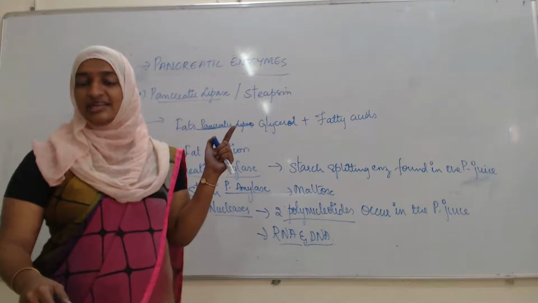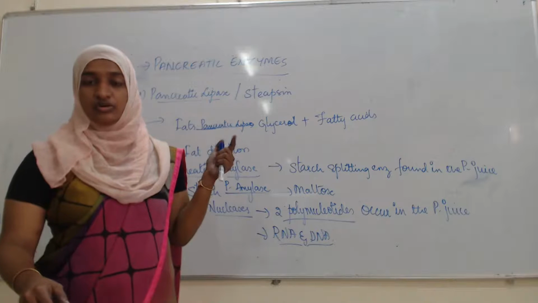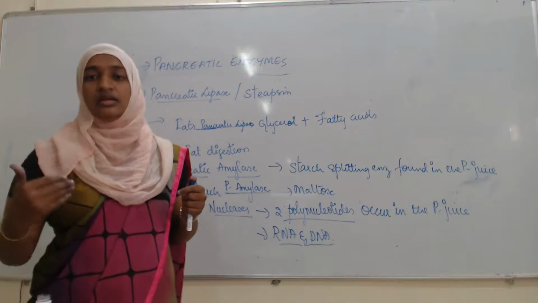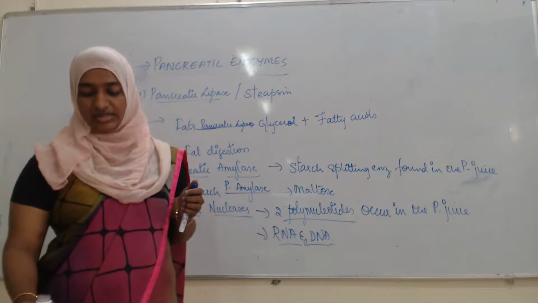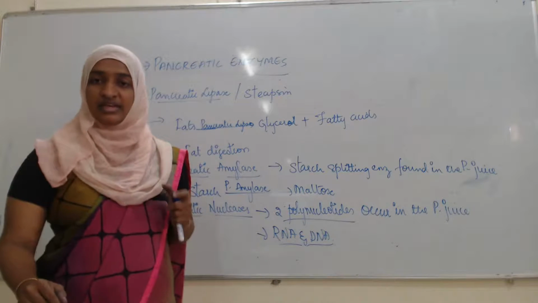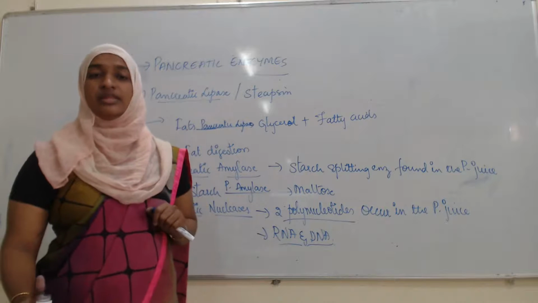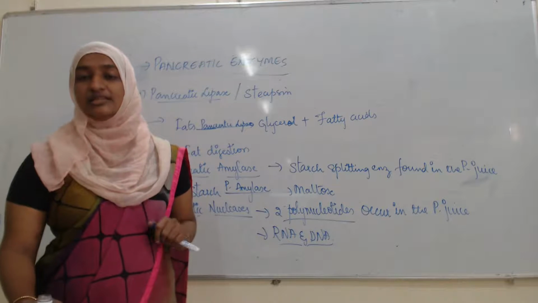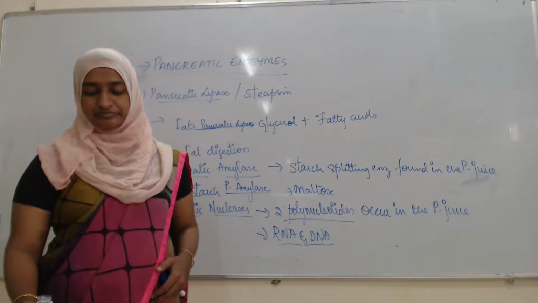Okay, from that sight, smell of food, taste and all, from there it is going to transfer to the vagus nerve and the pancreatic juices start to secrete. This is about the control by the nervous system. One more is there, that is by the hormonal action.